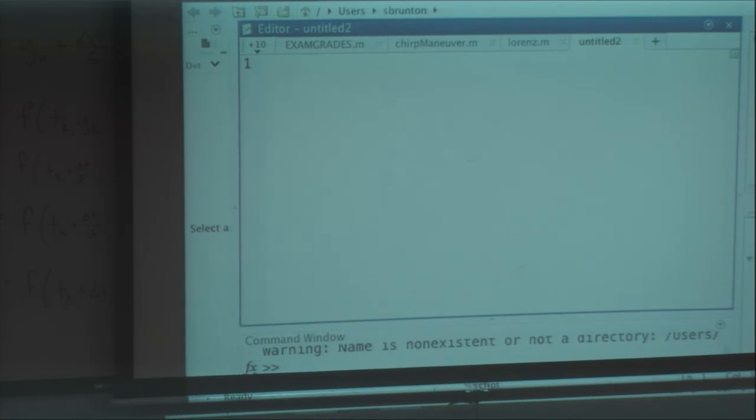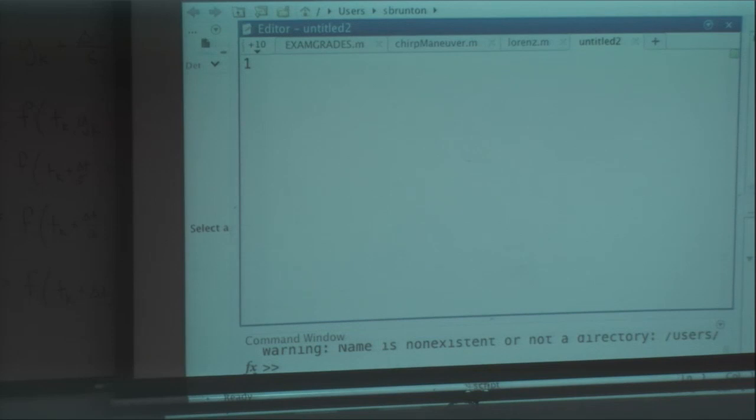Good, we have our right-hand side vector. So now we can evaluate f1, f2, f3, and f4, right? Because we have f of t comma y. That's our Lorentz function. Does that make sense? We have y dot equals f of t comma y. This is the function Lorentz. And now we're going to use this Lorentz function to get f1, f2, f3, and f4, and to take our Runge-Kutta step.